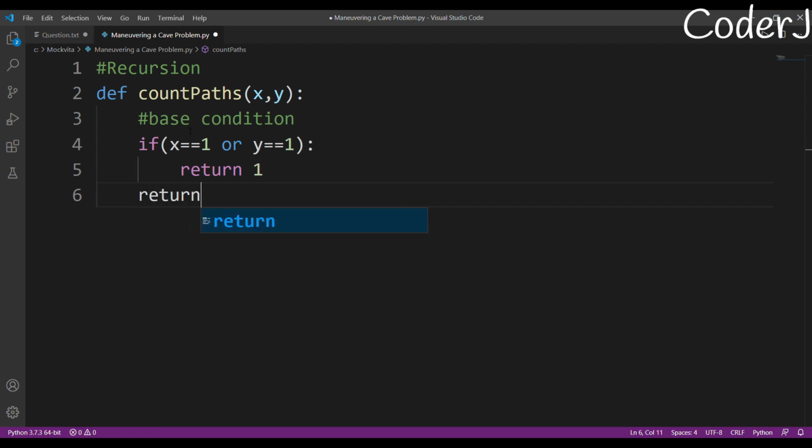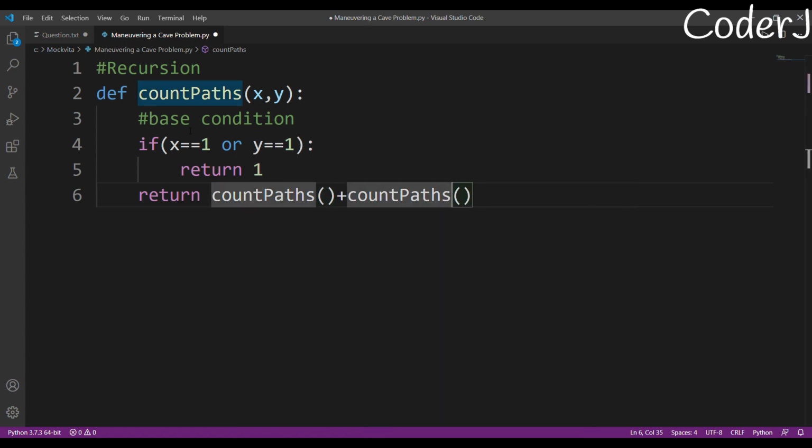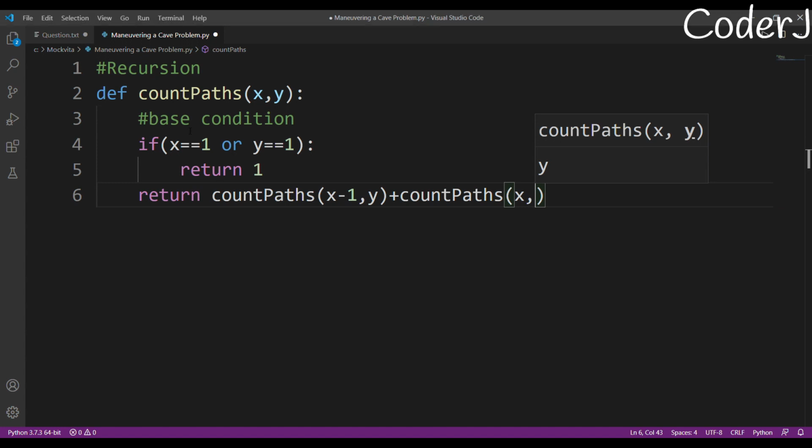After that, how do I call my recursive call, right? This is the second part. So my recursive call, what will it be? Count paths. And I hope you know that we can only move in two directions, right? If you could have moved in four directions, we would need to call it four times, right? So I can only move in two directions. So first is this, sorry, x comma y plus one.